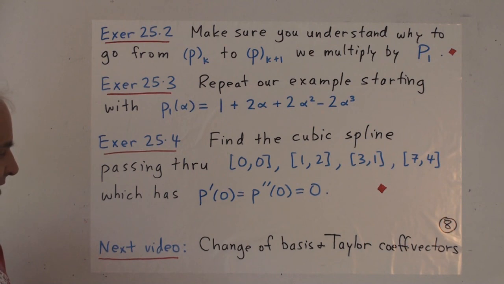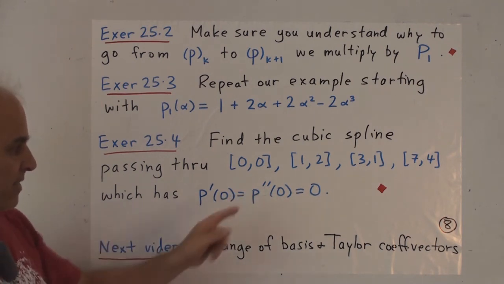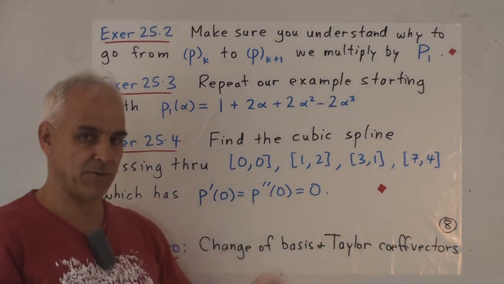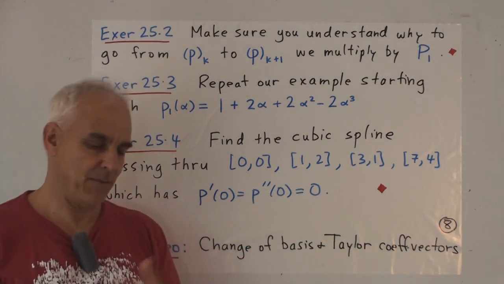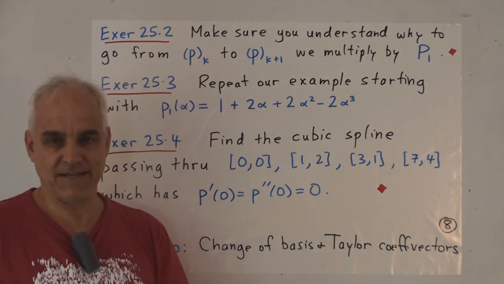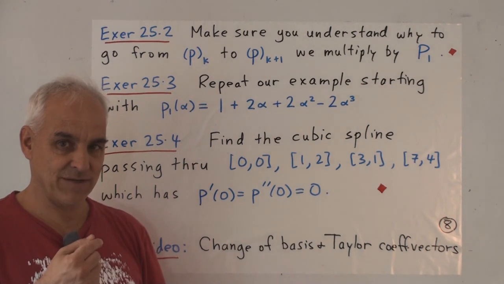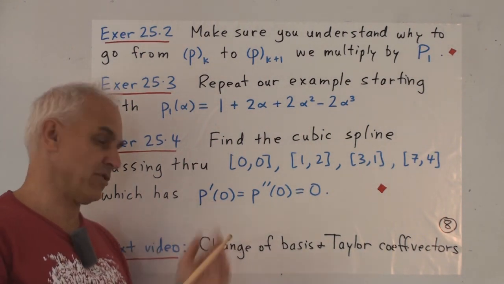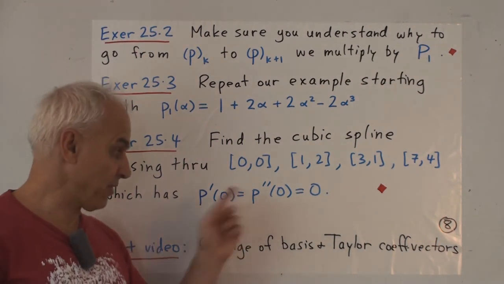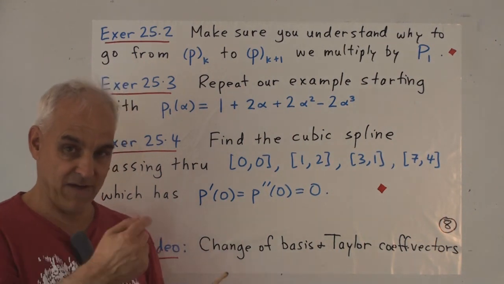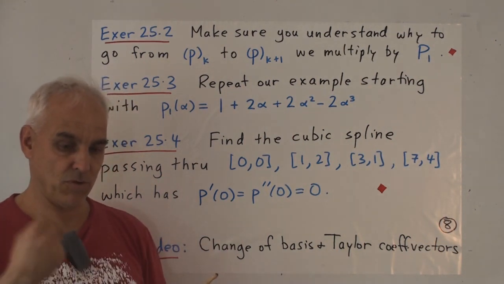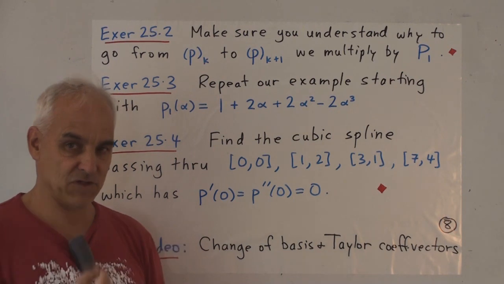And to make it a little bit more pinned down, let's require that the derivative at 0 is 0, and that the second derivative at 0 is 0. And what that means effectively in terms of the Taylor coefficient vectors is that the second coefficient, which is essentially the first derivative, is 0, and the third coefficient in that vector is also 0. So only the first and the fourth coefficients are non-zero.